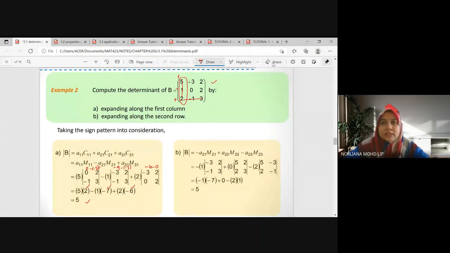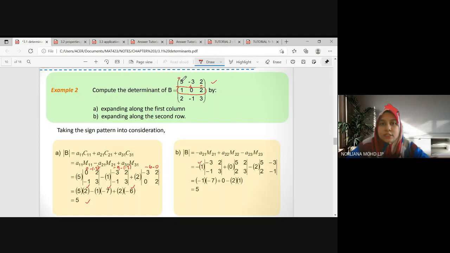Okay, the second method is expanding along the second row. So you pilih the second row, 1, 0, 2. Ni positif, tadi negatif kan. So the signs are negative, positive, negative. That's why kat situ negative 1, times